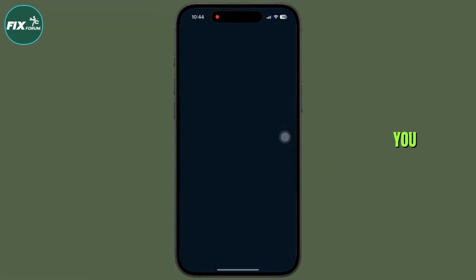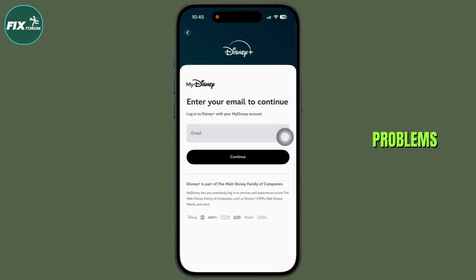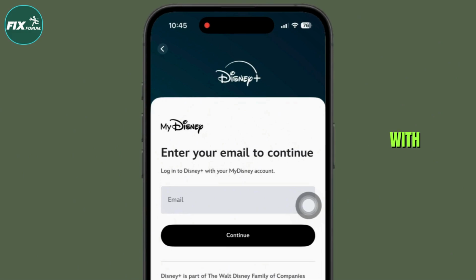In this guide, I'm going to show you guys how to fix Disney Plus login problems. Let's get started. First, double check that you are entering the correct email address and password associated with your Disney